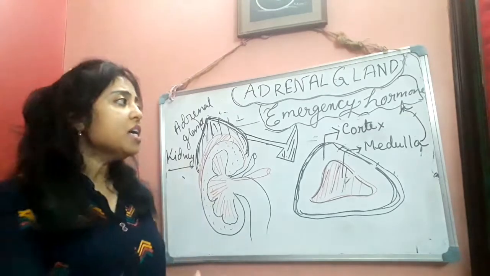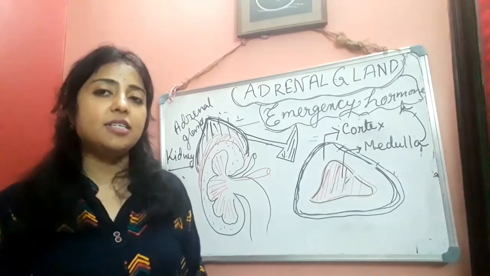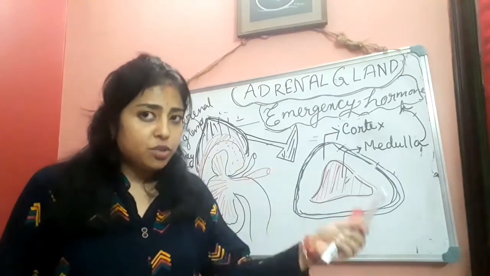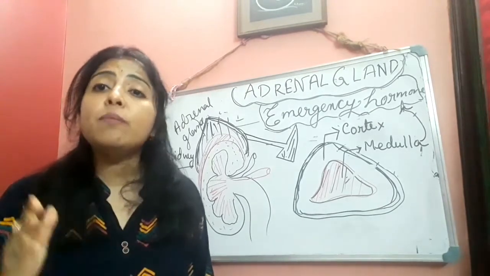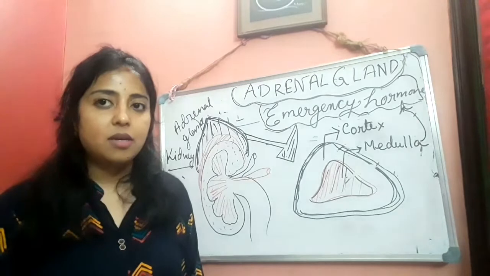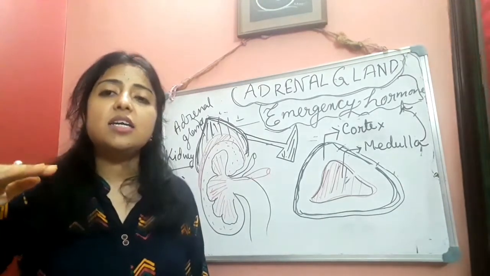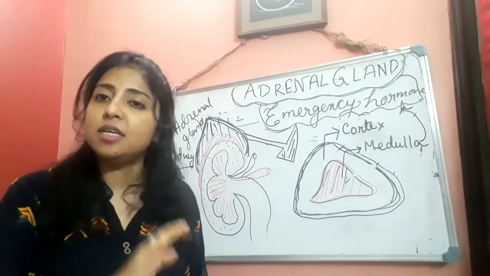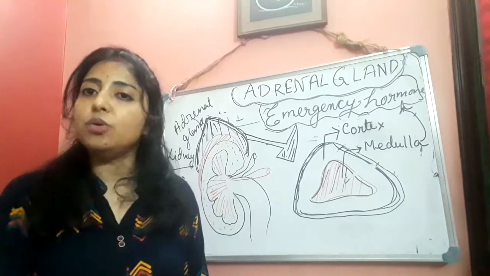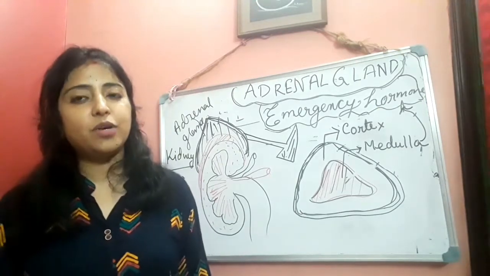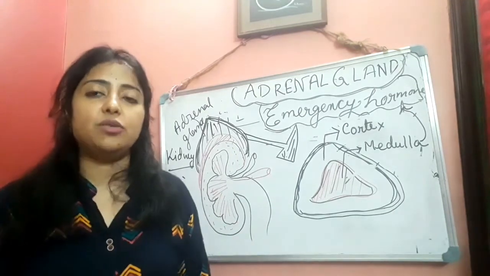Clear? Another one I told you, another hormone, that is noradrenaline. It is just antagonistic to this adrenaline. What is that? Under normal situations, they will secrete. Why? At that time, while the blood sugar level is higher than in the critical situation, they will control that condition. That is known as noradrenaline. So this hormone will control this one. They are antagonistic to each other.